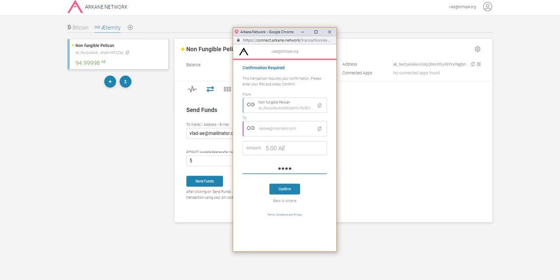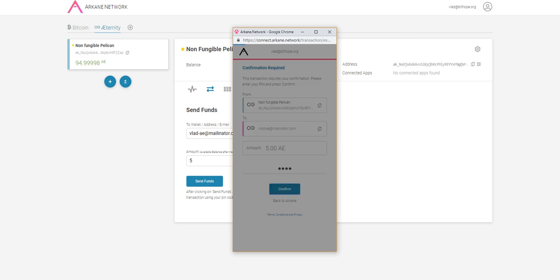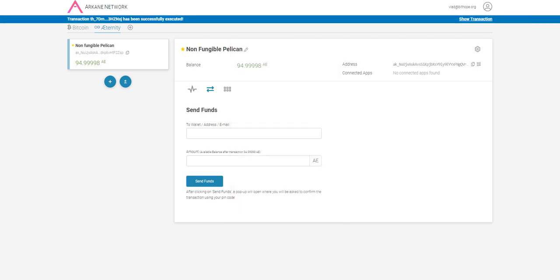And you see it's coming from here, from the non-fungible Pelican address. That's the name that ArkaneNetwork gave to my wallet. It's pretty funny. And it will go to this email address. And you just press confirm now. And the transaction is done. You see a confirmation here up. I can also see the transaction